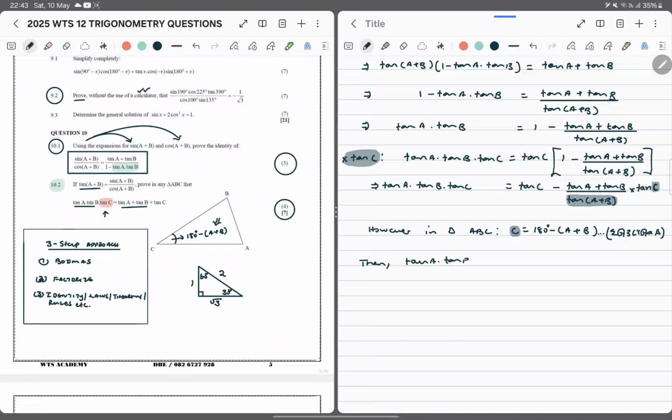10A times 10B times 10C must be equal to